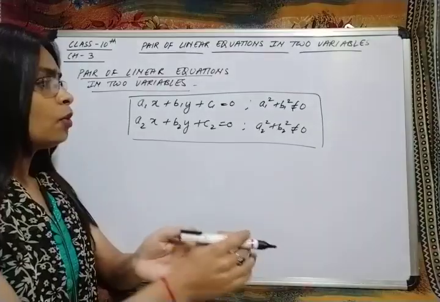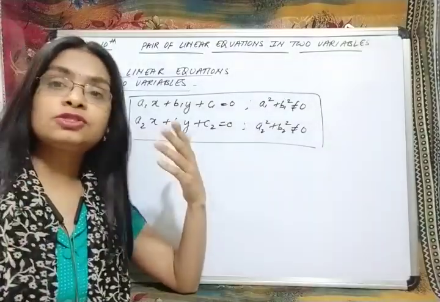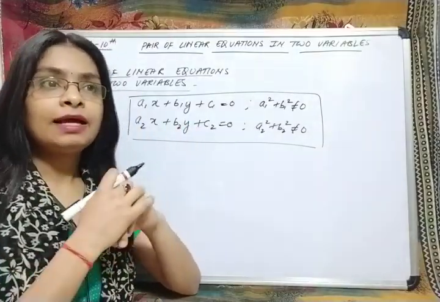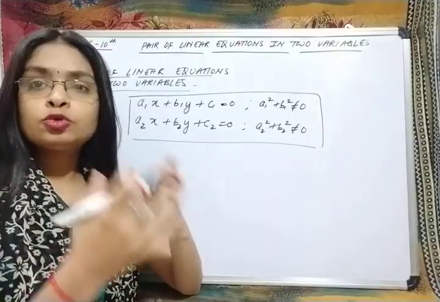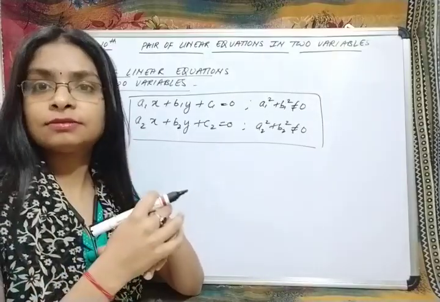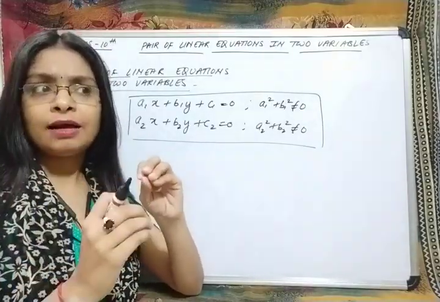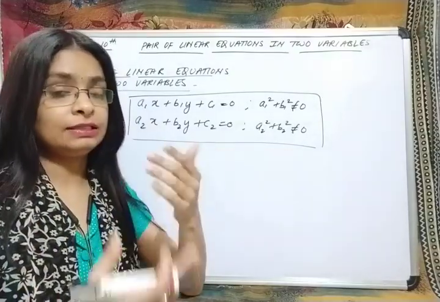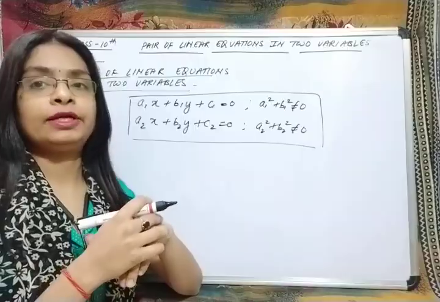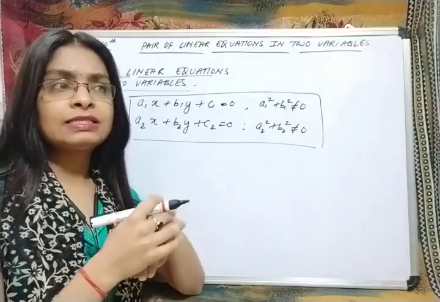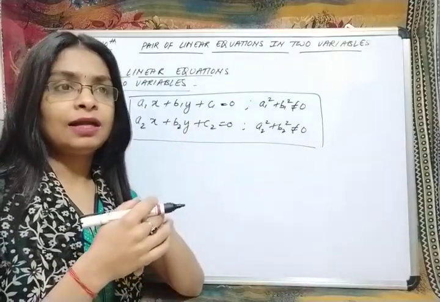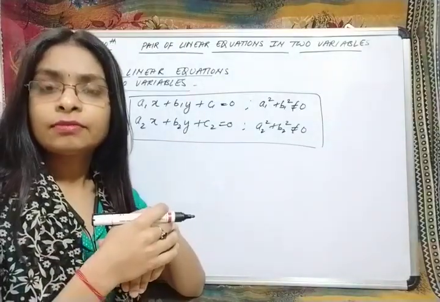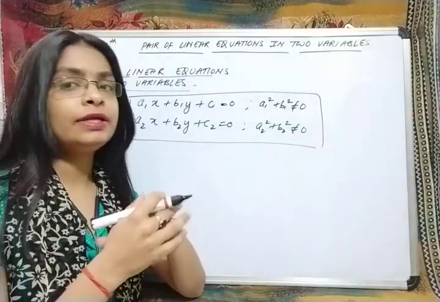Okay, so these types of equations are known as a pair of linear equations in two variables. Understood? Now, what is the use of this? There are various uses. Now, suppose I am giving one situation: first I have bought 2 bats and 6 balls, and the total cost I have paid for buying this is rupees 2400. And in the next case I have bought only 1 bat and 3 balls, and I have paid 1100.